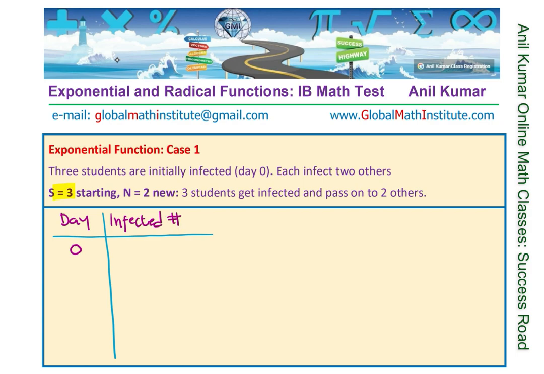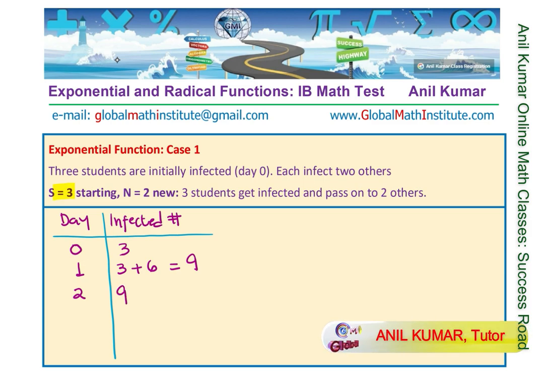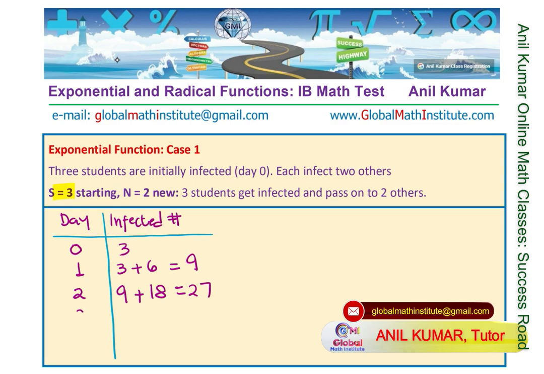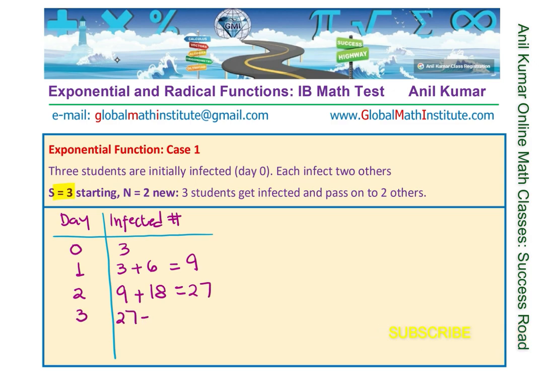So on day 0, we are starting with 3, and on day 1, you see these 3 infect 2 each. It means 6 more will get infected, so we have 3 plus 6, and so the total number will now be 9. And on day 2, now we have 9, and these 9 will infect 2 more each, so 18 more. You get the idea. So we have now total 9 plus 18 infected, which is 27,